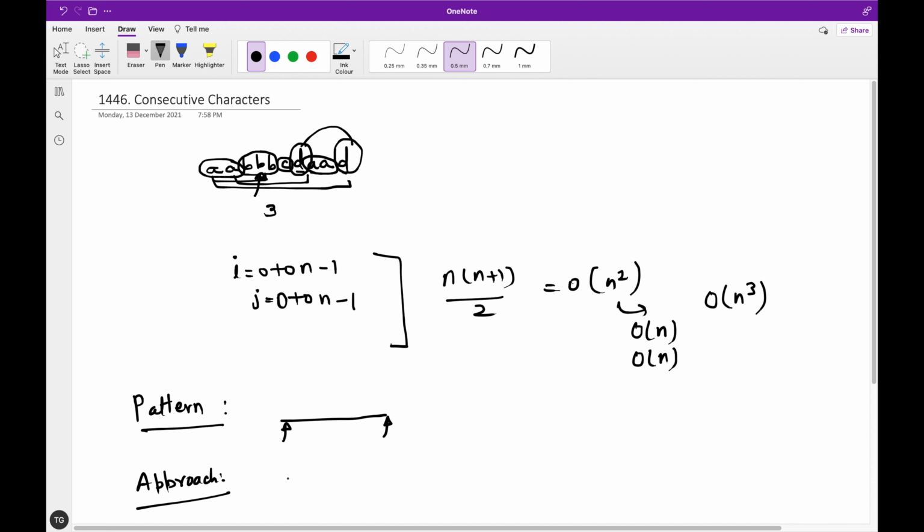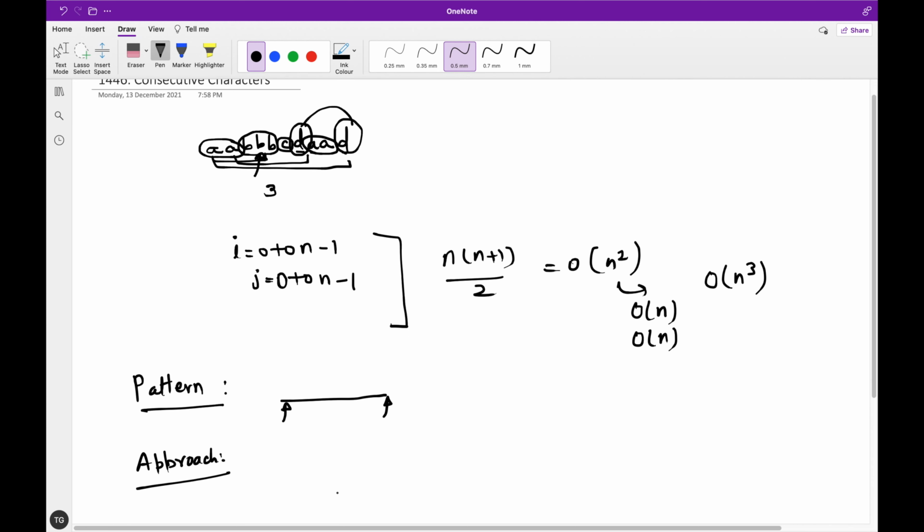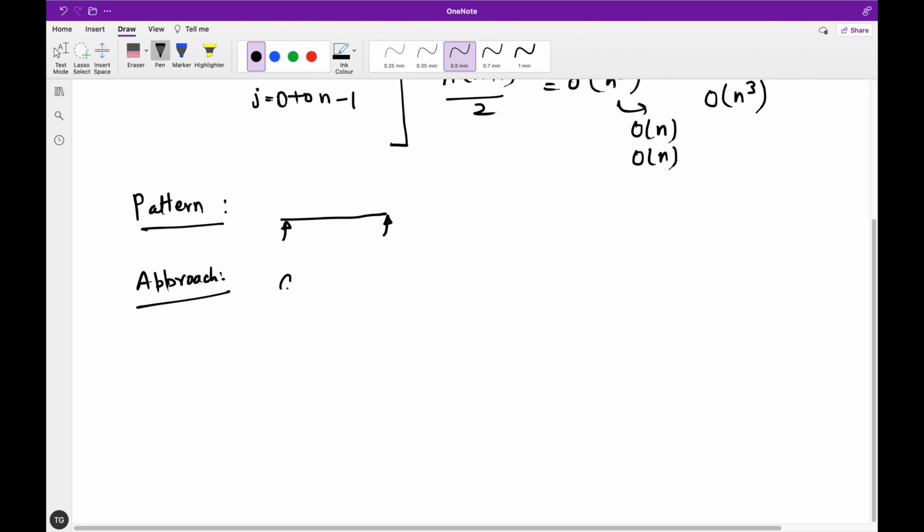So what I'm trying to say is, suppose this is A, B, B, B and C. So you have A, then you have the length 1. This is your local, and this is your max, which is global.